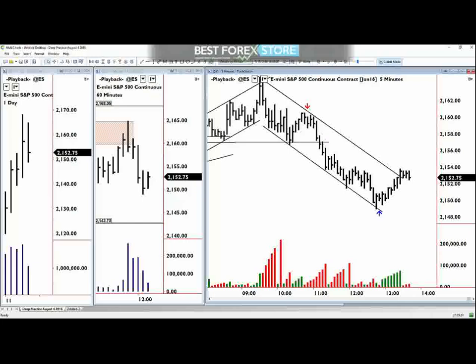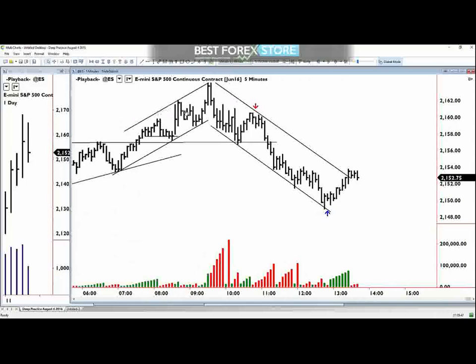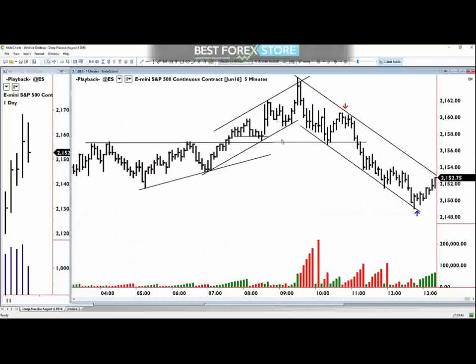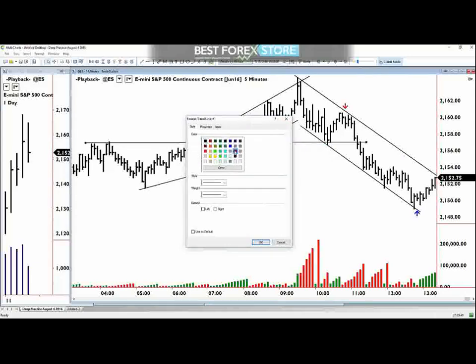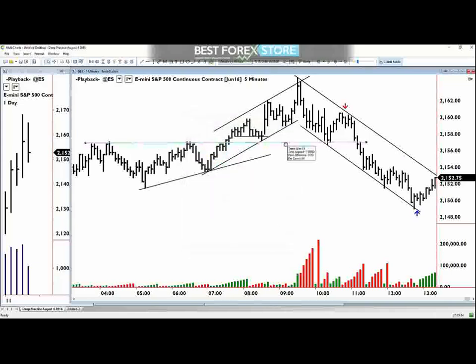We want a weak reaction now. Yep, assuming we get a weak reaction, assuming this continues, where is the logical spot that this market is going to end up? Where is the logical spot that it's going to die off? 2157. Yeah, exactly. Why is that? Well, it's become an axis line, right? This thing has now become an axis line